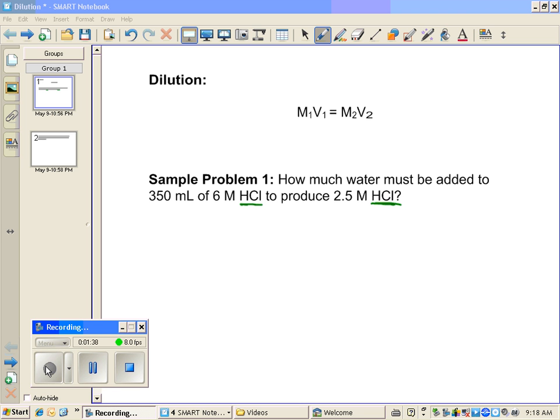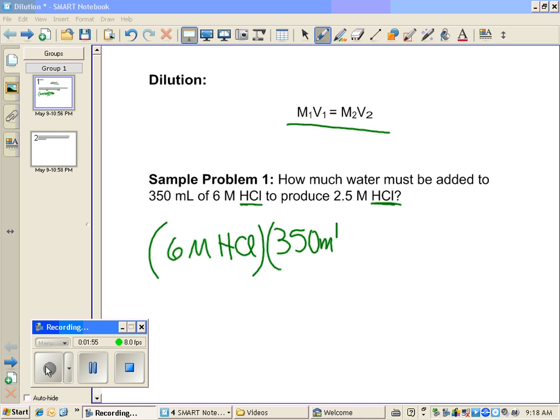All right? So here's what I'm going to do. It's pretty easy. I'm going to say, okay, M1 times V1 equals M2 times V2. My M1 is 6 molar HCl. I'm going to multiply that by 350 milliliters. That's going to equal, I know my molarity of what I want to go to, and I am looking for volume. That's what I don't know. Okay? So, if I do this math,